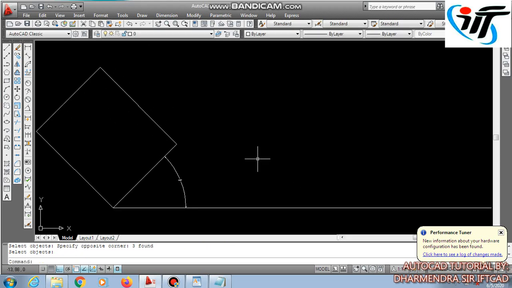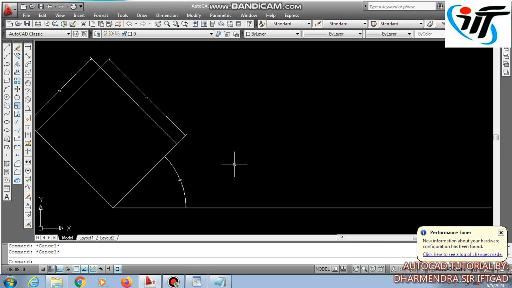This way I have got to know the use of a rectangle using the dimension command. We can get the value of the side which is in an angular way. So this was the use of rectangle using three different methods: dimension, rotation and area as well.